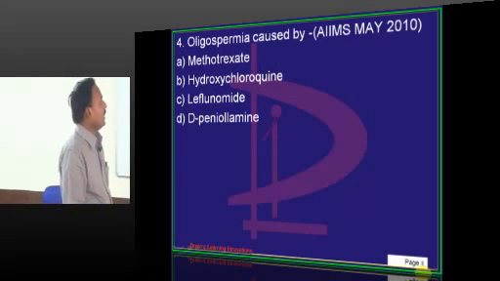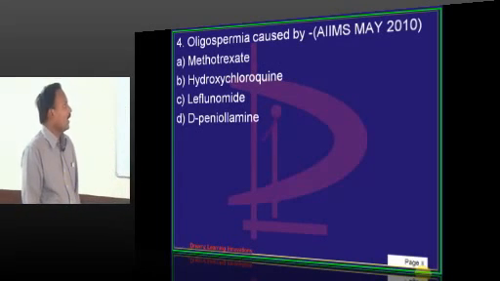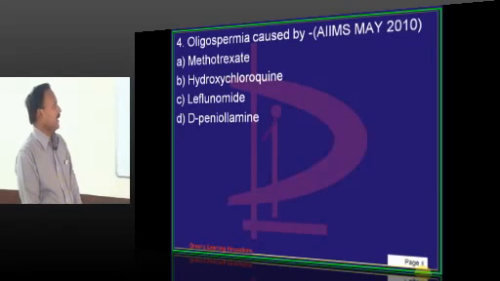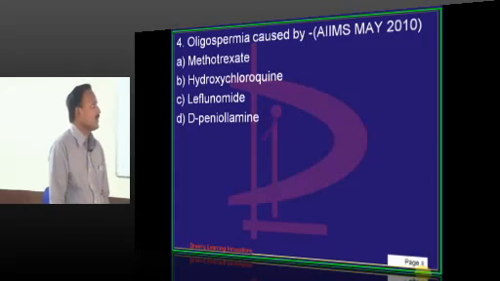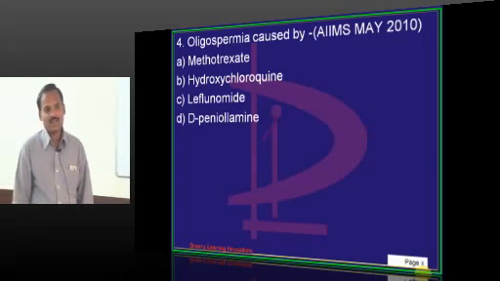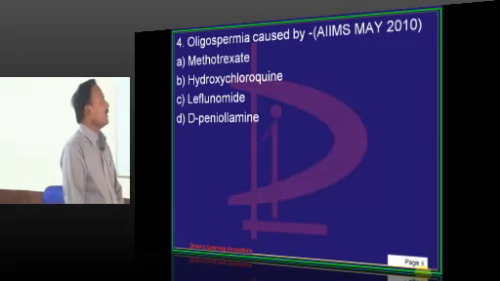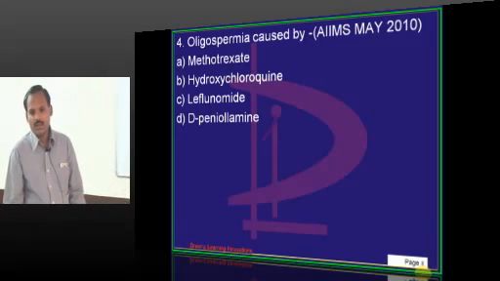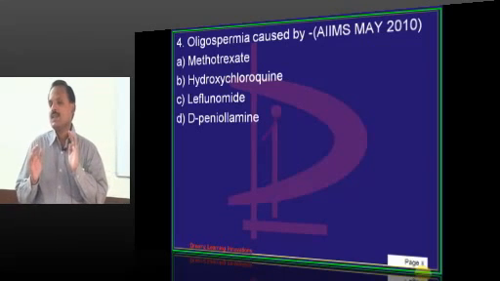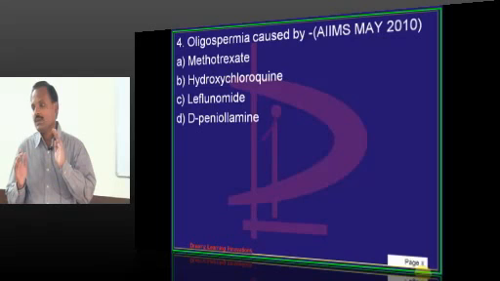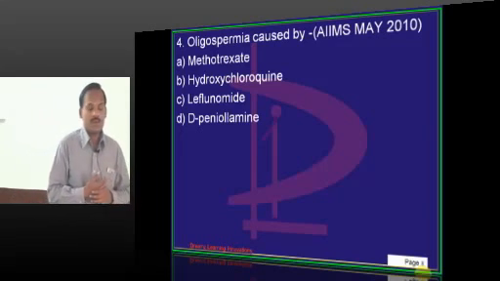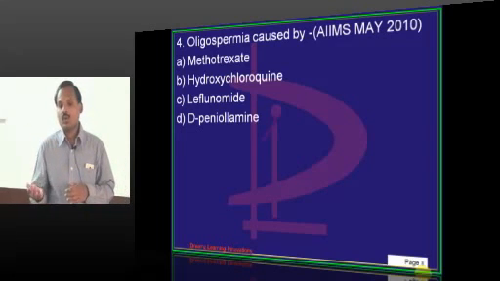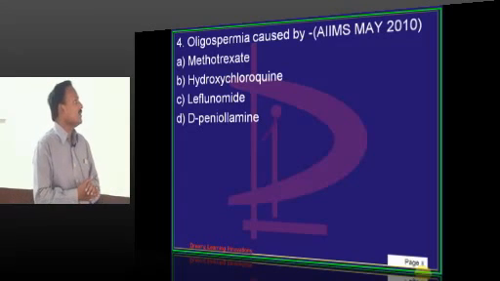Now, oligozoospermia is caused by which of the following: methotrexate, hydroxychloroquine, leflunomide, D-penicillamine? Which do you think will cause oligozoospermia? Methotrexate, classically no one describes oligozoospermia, because methotrexate inhibits the pathological processes more than the physiological processes; methotrexate gets concentrated in malignant cells 50,000 times more than in a normal cell. Now, if you see hydroxychloroquine